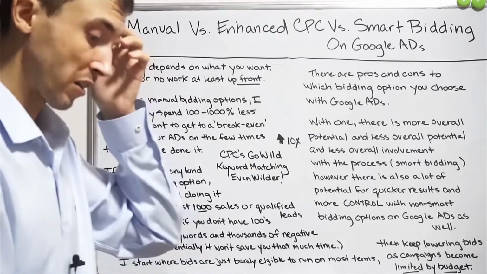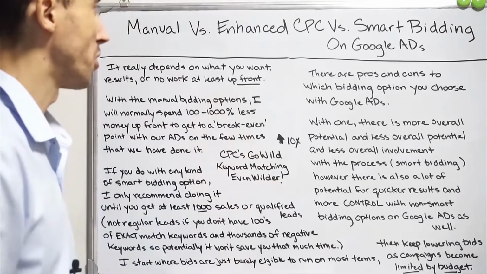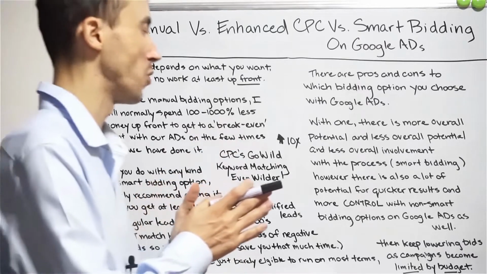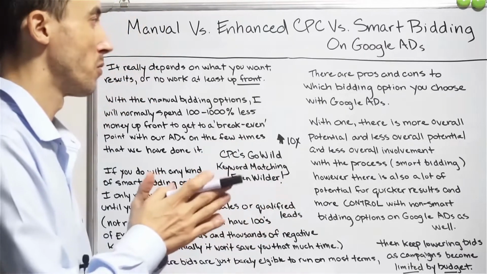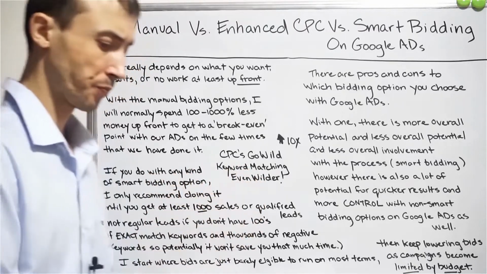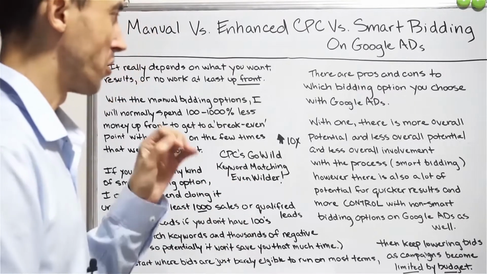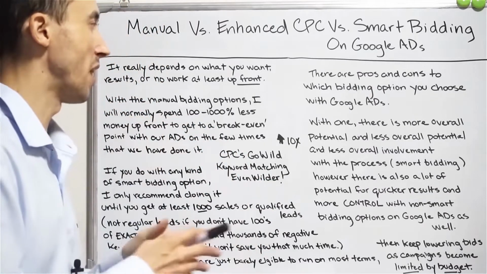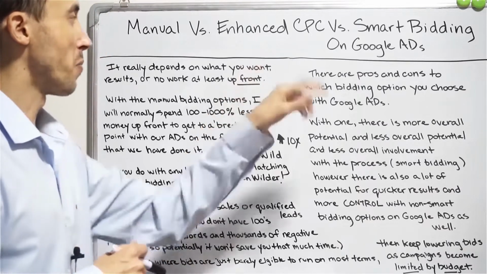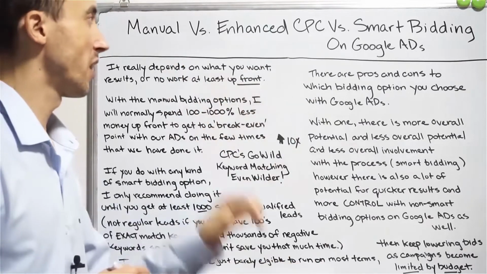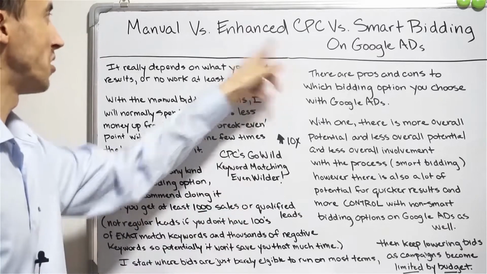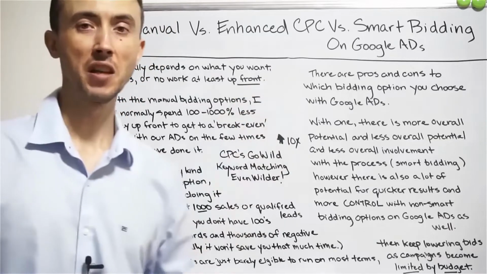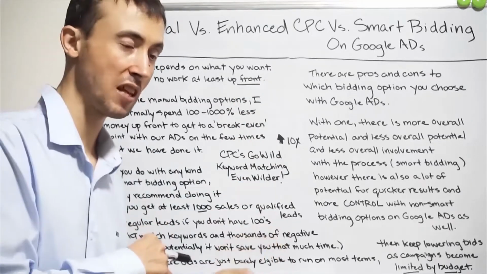Maximize conversions, maximize the conversion value, which is tied to what was called target ROAS, and then maximize conversions, which was tied to cost per action, target CPA, for smart bidding options, and then maximize clicks, what that can do for you, and how enhanced CPC is going to help you over manual CPC bidding, which I'm going to use enhanced CPC bidding every time because I get that added bit of data going for me that